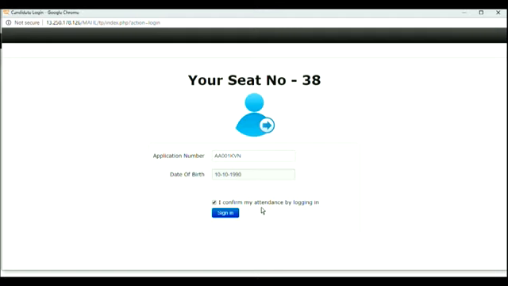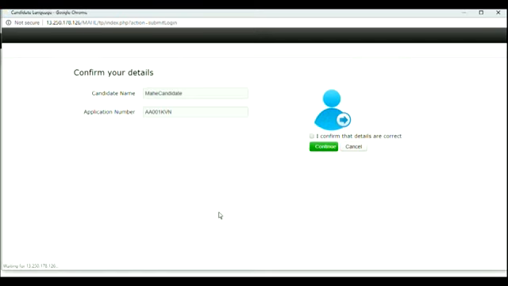On completion of the registration process at the test center, you will be assigned a designated seat. Kindly occupy the designated seat with the computer screen that displays your photo and application number. Choose your date of birth from the calendar option. Select the checkbox to confirm your details and click the Sign In button.